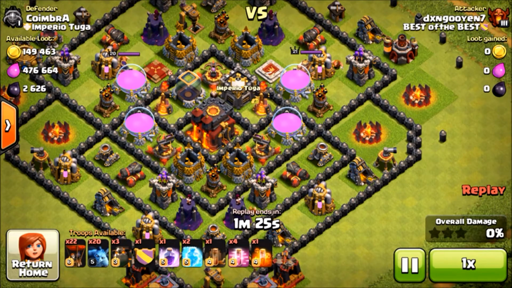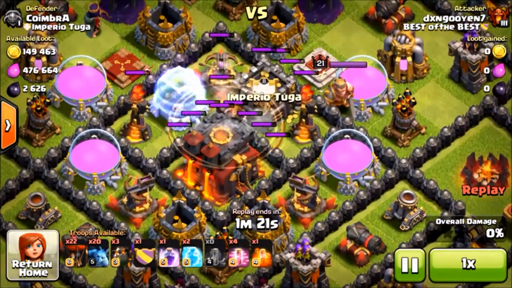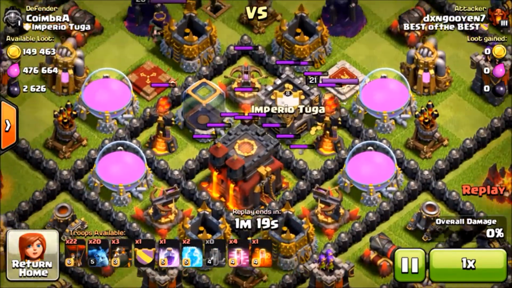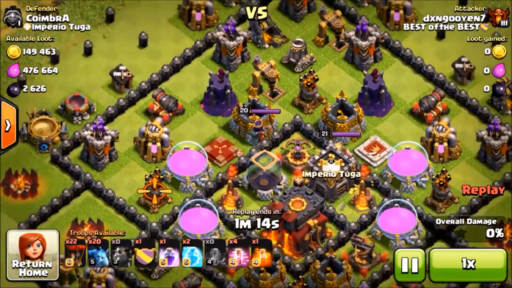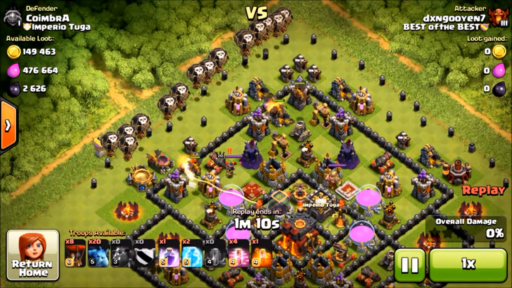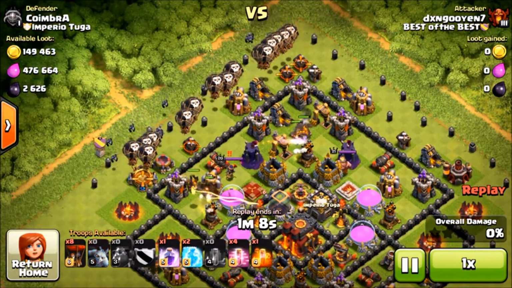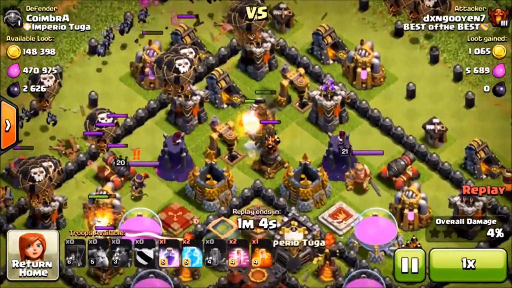So, looking at what we did, I first dropped the earthquake spell just to bring down the town hall and the inferno towers by 25%. Then we'll go ahead and attack these two air defenses. So we drop our LavaLoons, we drop a row of balloons to make our way in, and then follow it up with minions just to take out some of the other buildings behind it. We'll use